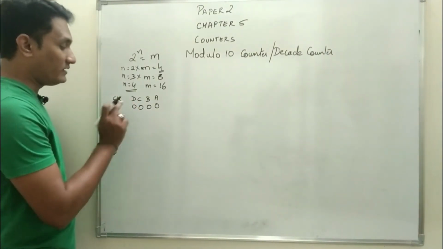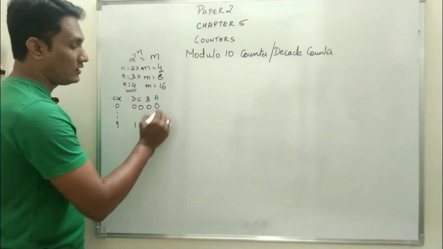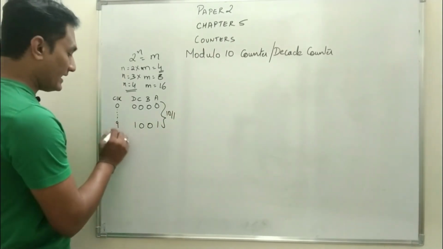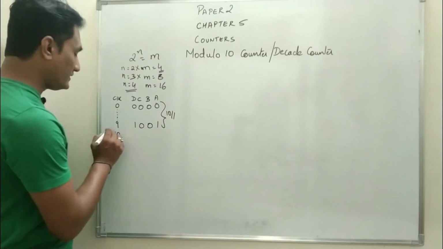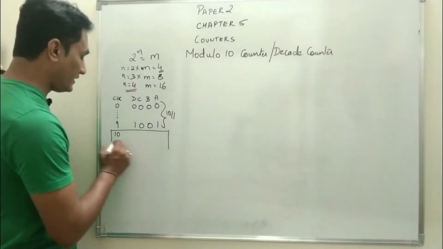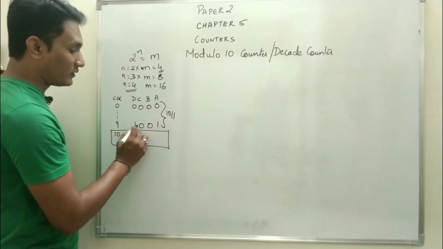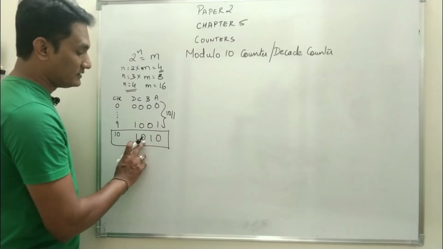So if you want to design a modulo 10 counter, the count should go up to decimal 9. So 0 to 9 will be 10 discrete states, and decimal 9 will be 1 0 0 1. So the total number of discrete states will be 10, and at the end of the 10th clock pulse the circuit should reset. But what is the condition? What will be the condition at this point, the 10th clock pulse? The count will keep on increasing, and after 1 0 0 1, decimal 10 will be represented by 1 0 1 0.